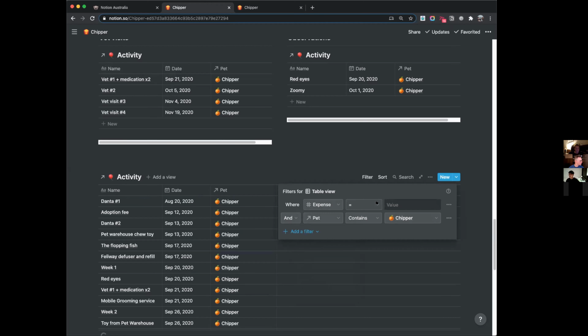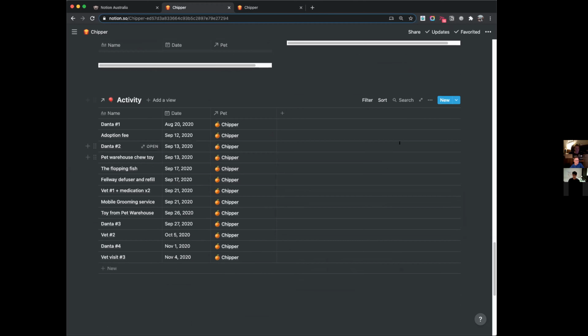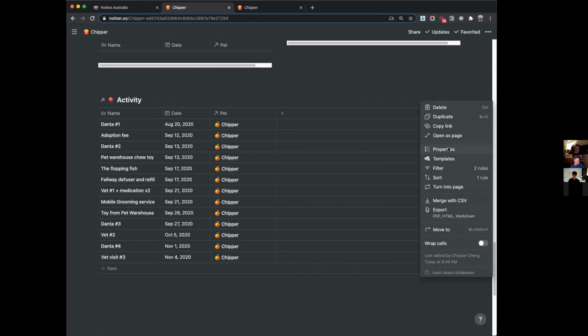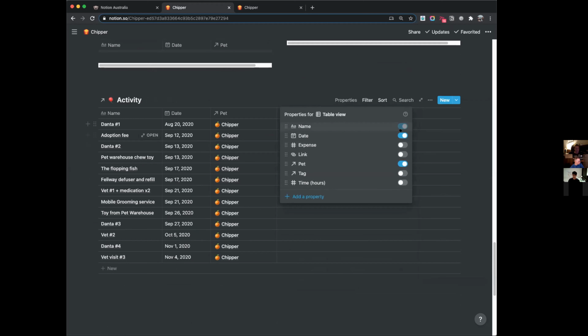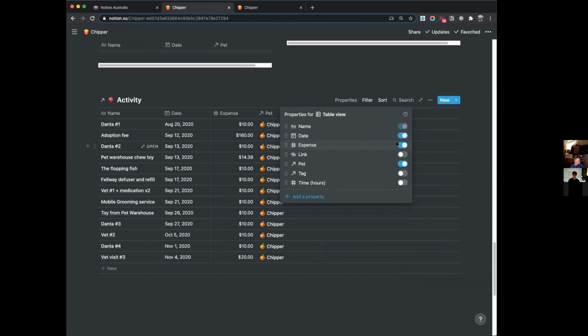And we've just talked about how some activities don't really have expenses, and we don't care about them. We care about the items that have expenses on them. So I'm just going to say it's not empty. And that will bring all of the items that have expenses on them. Let's show expenses again. Property, let's turn on expenses. You'll see they're all here.